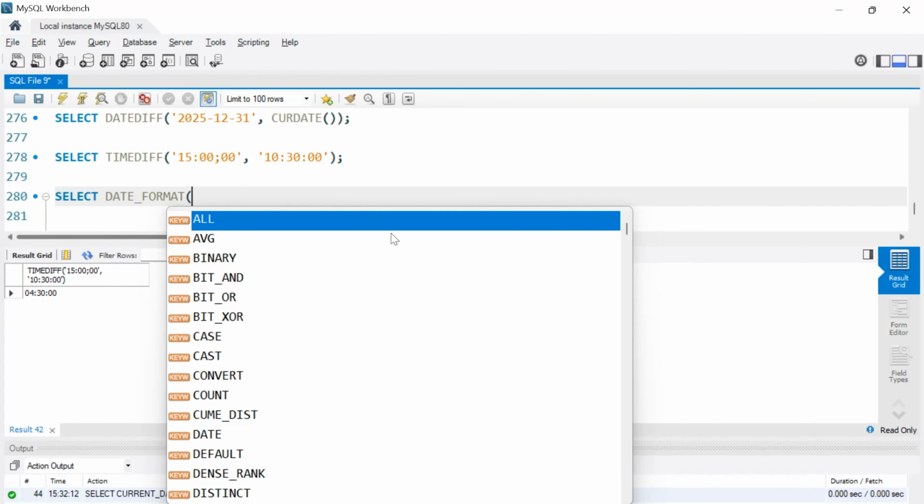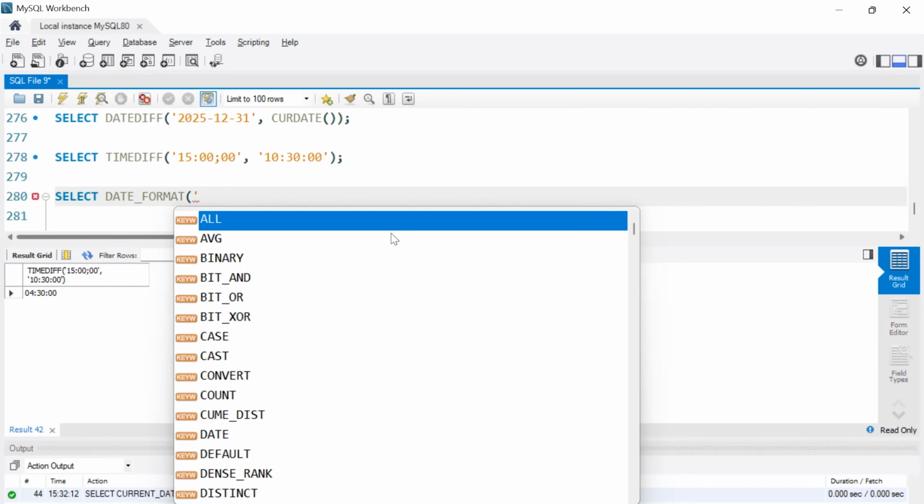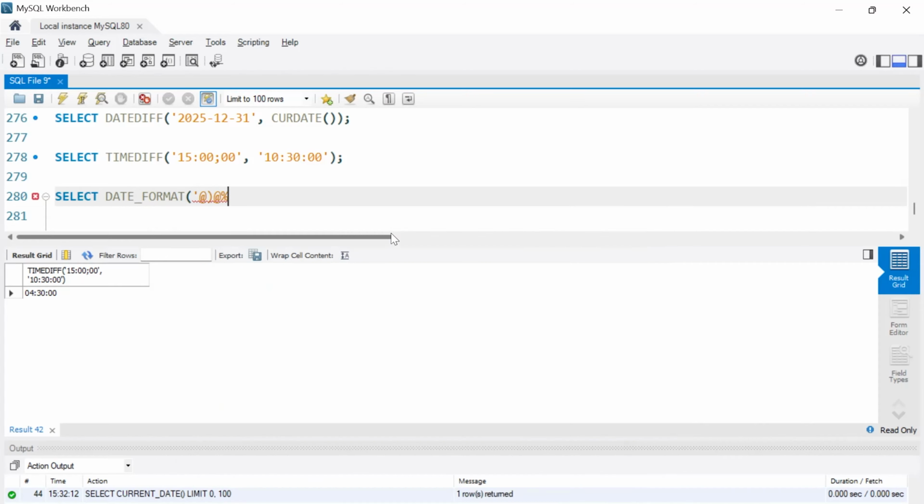I will use... there are many ways to give the result, like to mention the event date. Okay, for the date, then in which format I want the result. Okay, so I am using